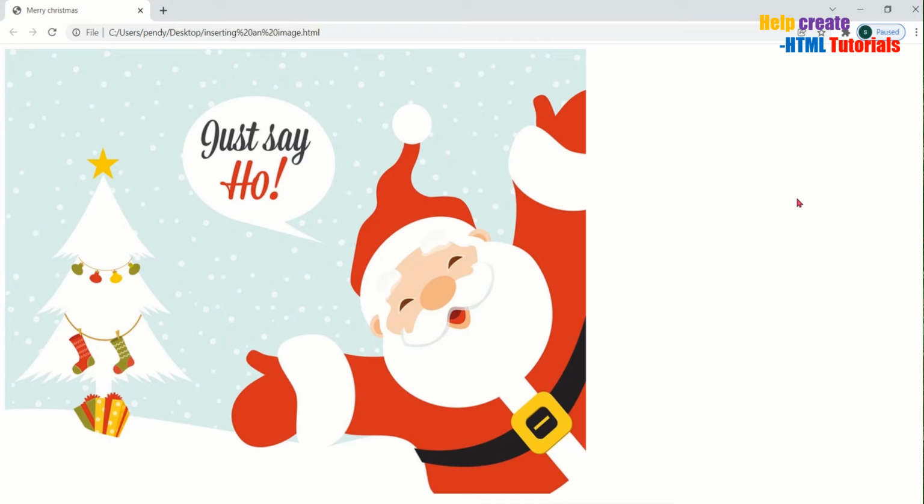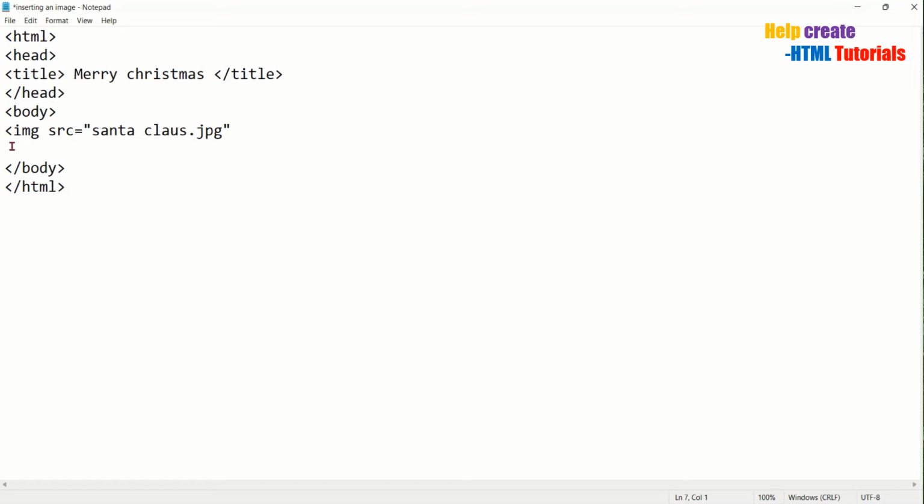So this is what the result is, and we'll just add some attributes, try bringing the image to the center and try adding some text and give this web page a beautiful look. So here align equal to, let's align it in the middle, it will give it a good look, and width, let's give it for now 15%.